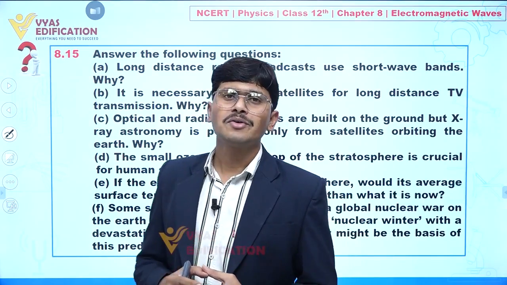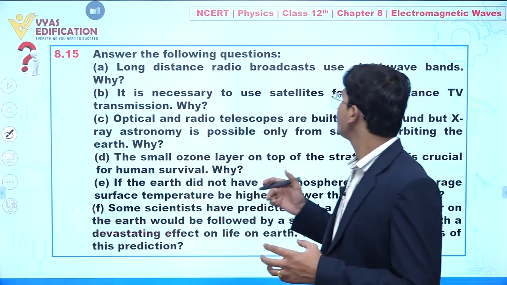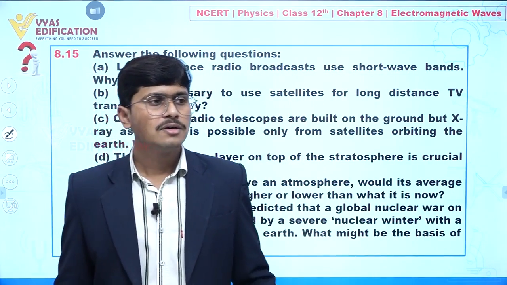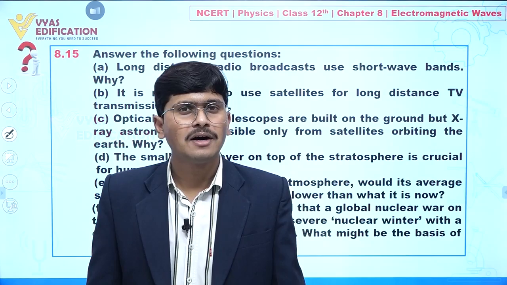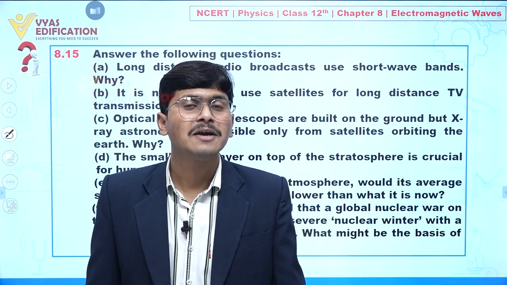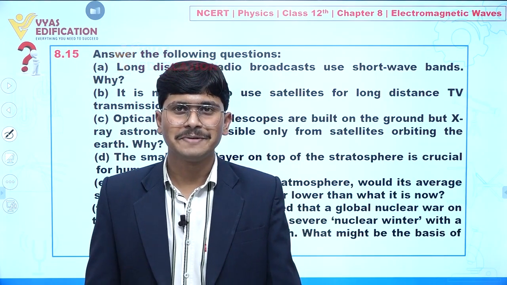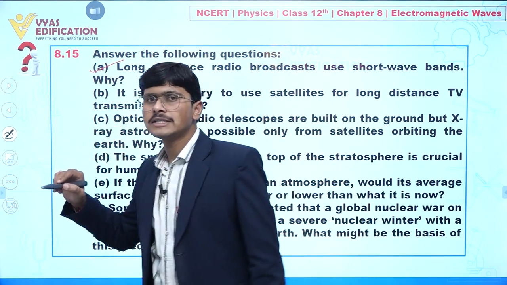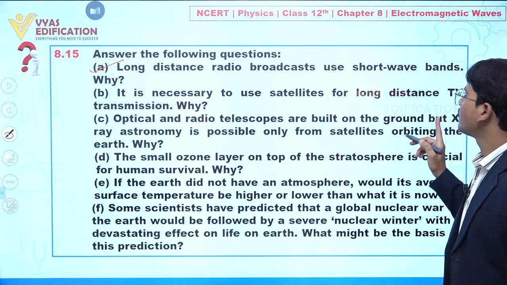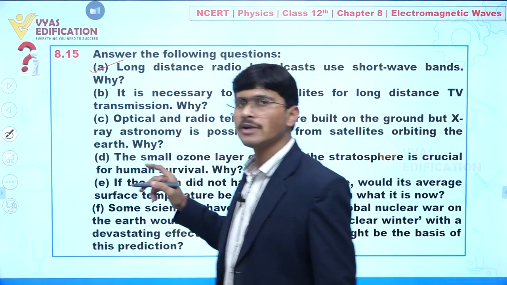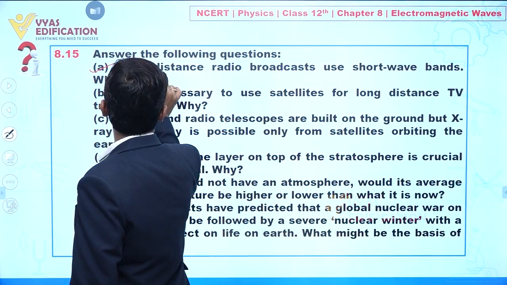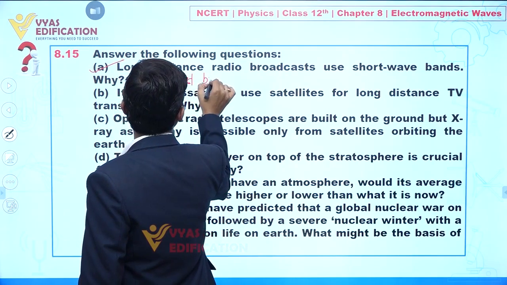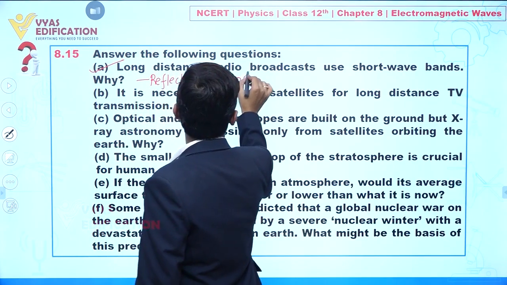Actually, if we talk about long distance radio broadcast, they utilize short wavelength because they are reflected back by the ionosphere in our atmosphere, clear. So the correct, very simple answer we have is: long distance radio broadcasts use short wave bands because they are reflected by the ionosphere, clear? So directly we can say this is reflected by ionosphere,